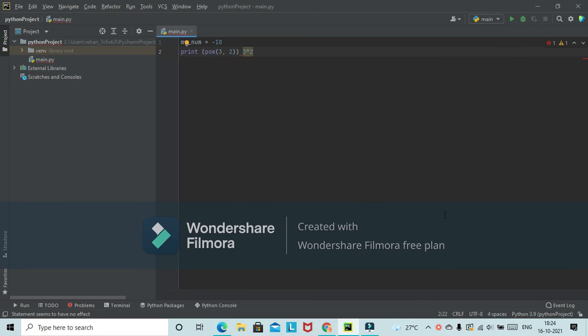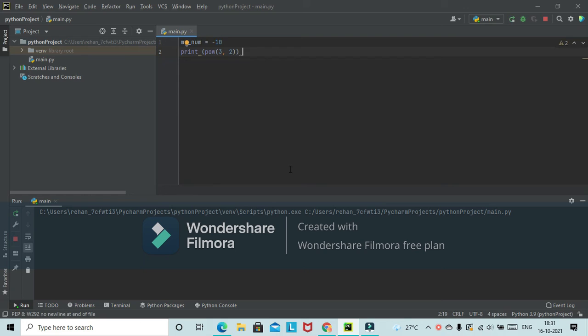The first is just going to be a number, and the second one is going to be the power that I want to take the number to. So it could be, say, 3,2. As you can see, I've written it on my screen, and this is basically 3 to the power of 2. And now if I run this program, it should show us 9, and as you can see, it shows 9.